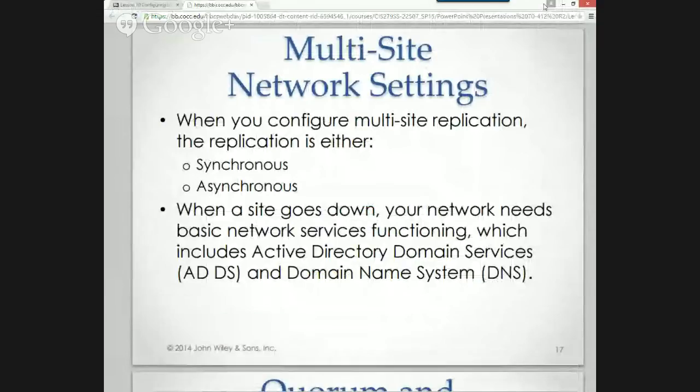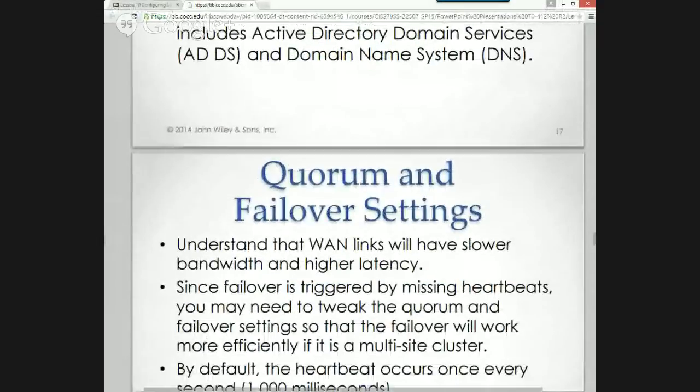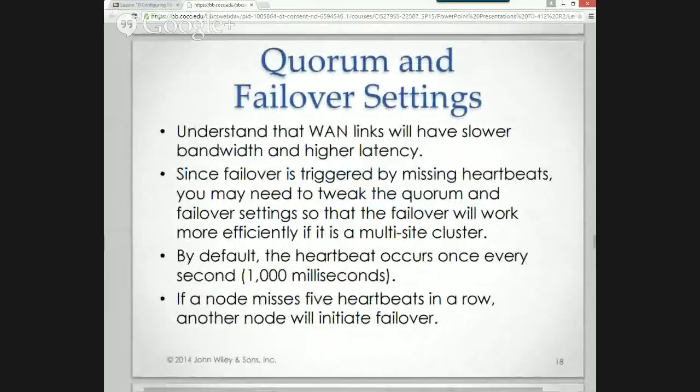I think I have to stop this. See how close we are to the end here real quick. I think we are. Yeah, we are. So, yeah. Quorum and failover, but remind me as it gets warmer. I like it warm, so it doesn't bother me. Well, that's why I said it hasn't bothered me.